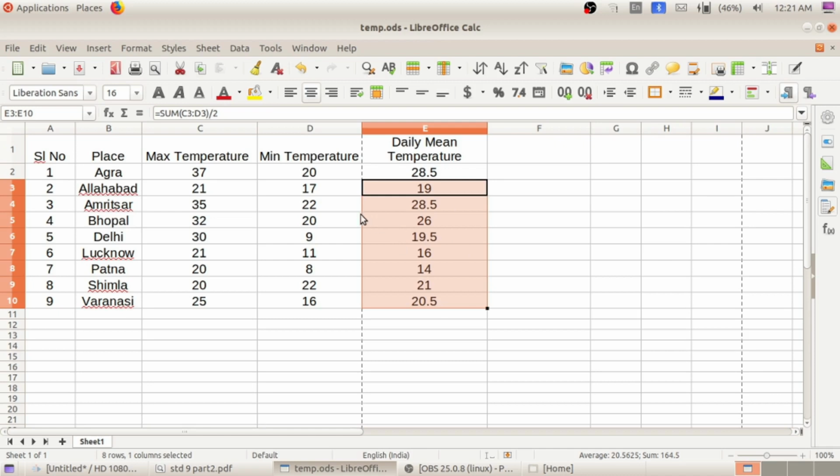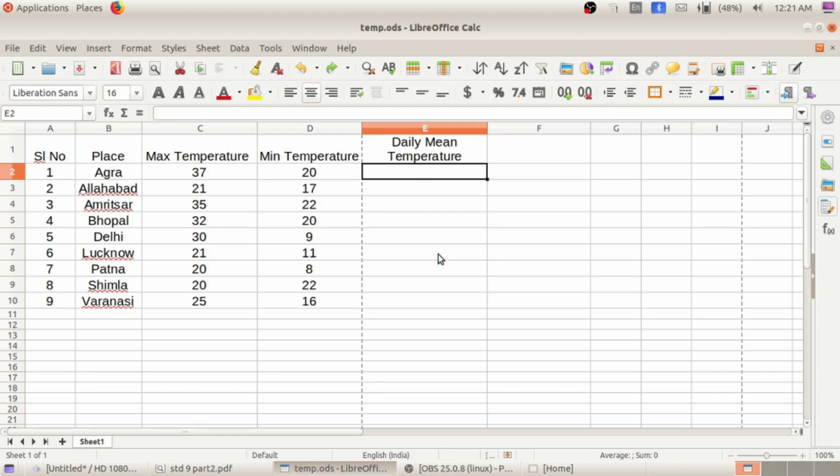So it is not necessary to find each and every average value. We should find the first value. After that, move the mouse cursor to the end dot, and a plus sign will appear. This is known as the fill handle. Simply click and drag, and we will get the other values. This is one method which we have usually followed from the previous year onwards.